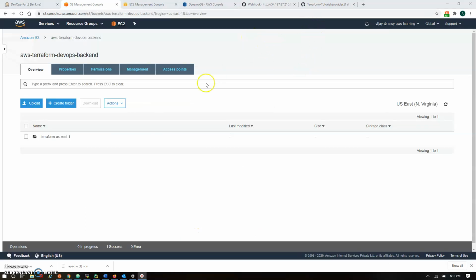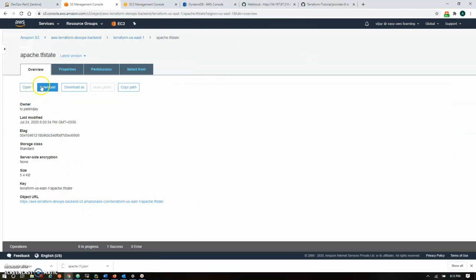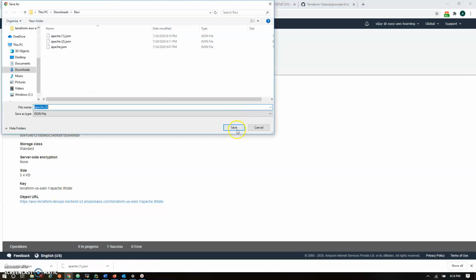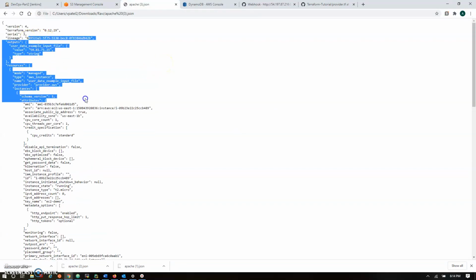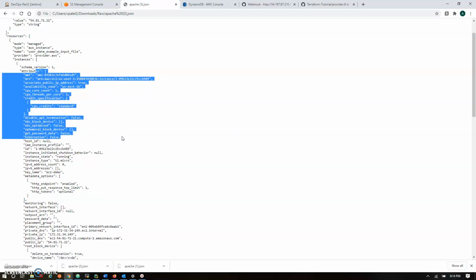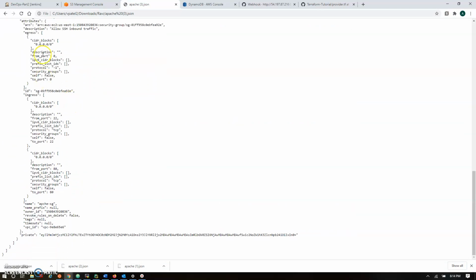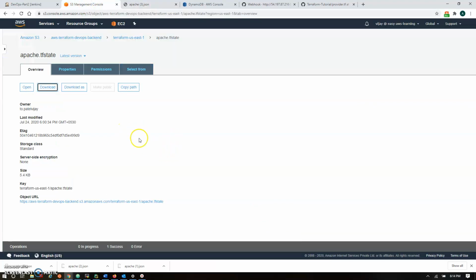So in init we have given the key as Terraform hyphen the region name, and here we'll find our file. So let's see this configuration part in this file. Let me open this one. Saving the Apache 3. So Apache 3 has the configuration part. You can see this is all the information which we have created. So this is the instance which we have created, and this is the default configuration for all the instances. So this is the state file, it's maintained from here.